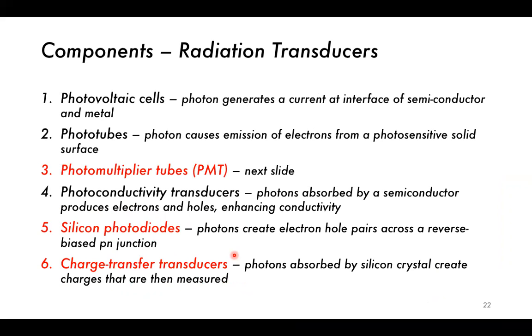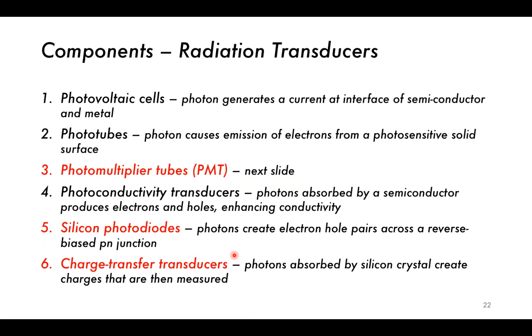So here is a little bit of a description of these. In photovoltaic cells, the photon generates a current at the interface of the semiconductor and metal. Photovoltaic cells have a metal backplate, and then they have a semiconductor material on the top. The interaction of the photon with the semiconductor causes the electron to cross the band gap, which creates conduction, which is then conducted through the metal. That can then be passed through the circuit, and whatever components in our circuit will detect the